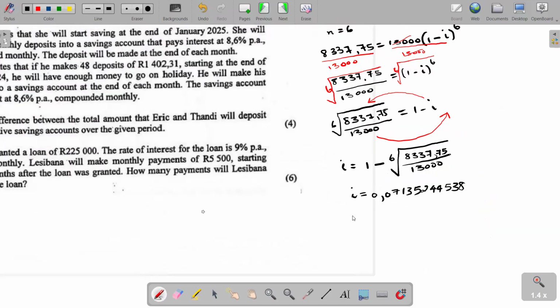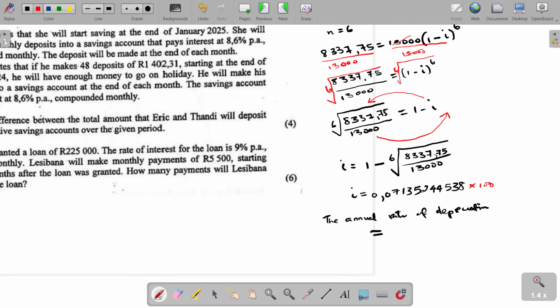Therefore, the annual rate of depreciation is equal to... Always make sure that the rate is given as a percentage. So to get the percentage, you multiply this answer that you get by 100. And once you multiply this by 100, what it simply means is you are going to move to the right two places. So our final answer becomes,